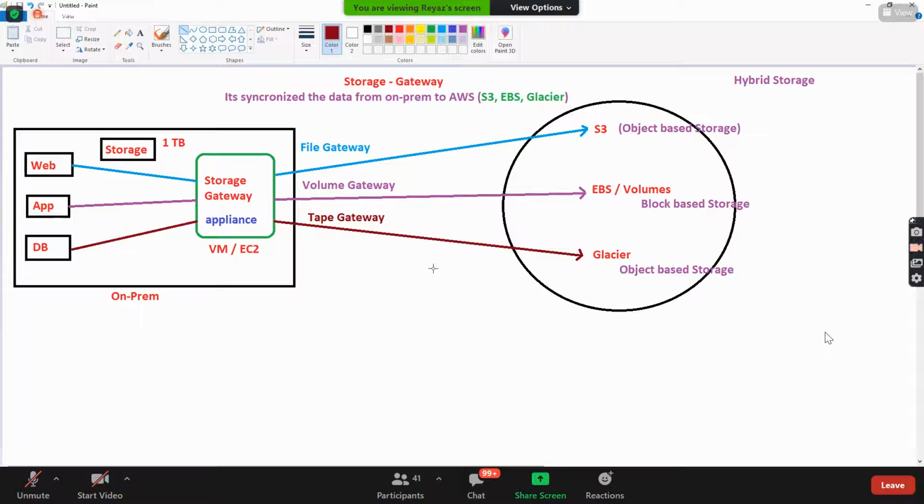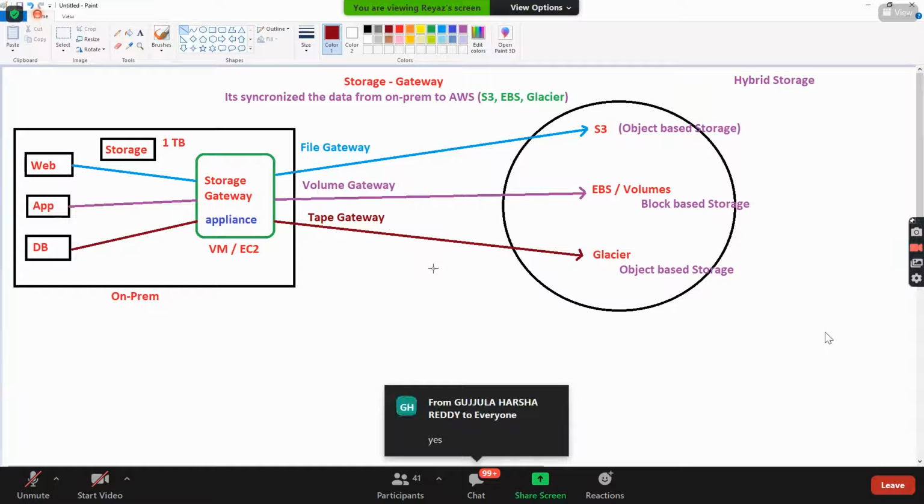Tape gateways meaning, do you remember how the VCR looked in the olden days, where you put a VCD inside it? We have a tape recorder, right? In a tape recorder we put the tapes.